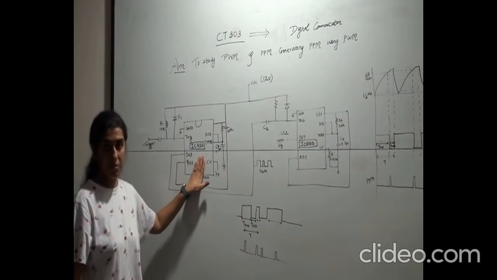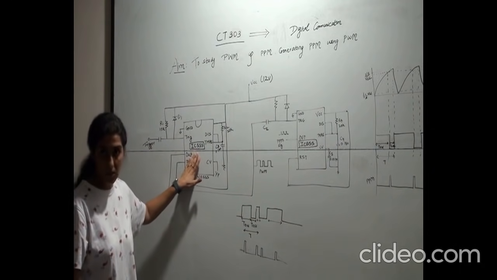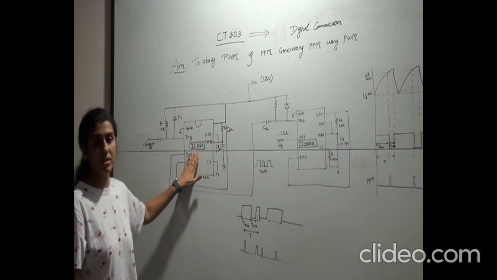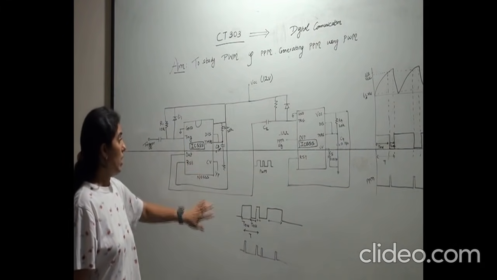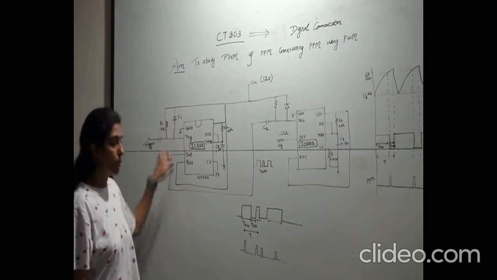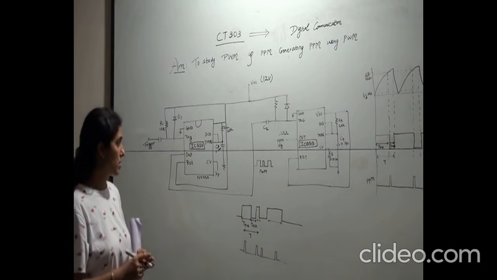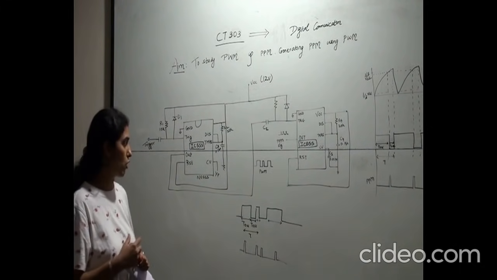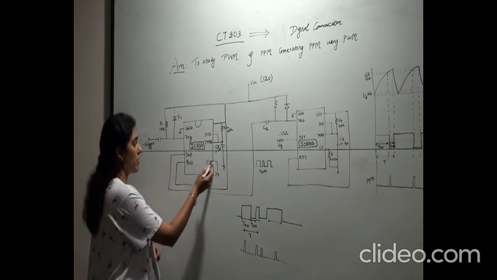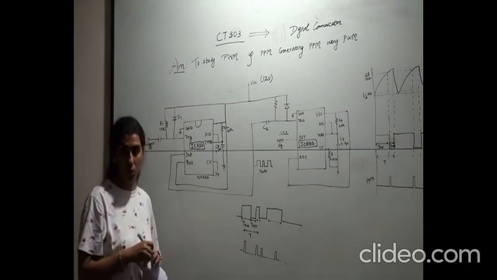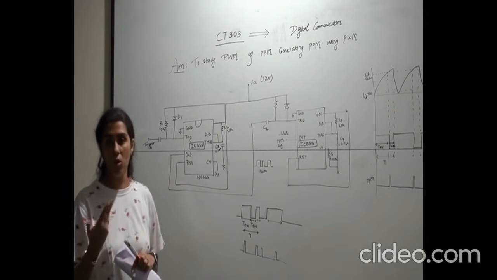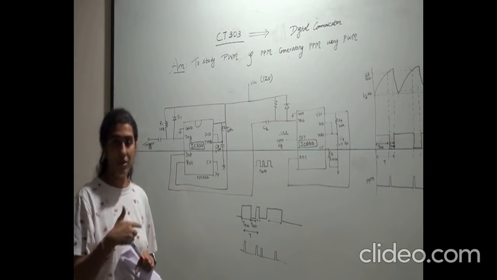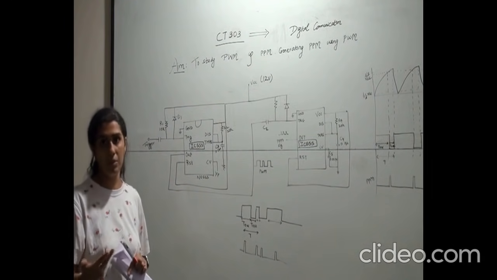So this is IC 555, which is used in astable mode, which does not have any stable condition. It changes whenever it is triggered. I hope you all know the pin numbers and the function of each pin of IC 555, so I won't be going into detail of that. But yes, we will be giving an input over here, which is the control voltage. The input can be an audio signal which has different frequency. So maybe we will have a variable type of input.